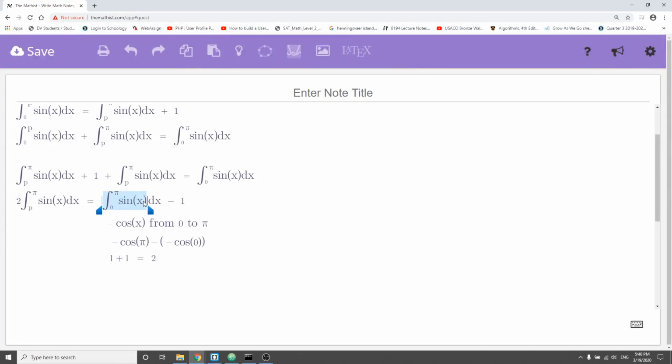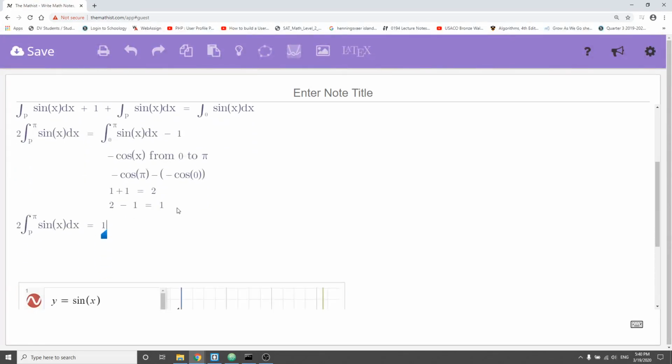So that's just this integral part. We still need to include this minus 1 at the end. So after we do that, that just becomes 2 minus 1 equals 1. So this entire right-hand side becomes just 1, since this is 2 and that's minus 1. Okay, so we can rewrite this part now to include everything, and we can set this equal to 1 now, right? We can divide this 2 over, so now we have